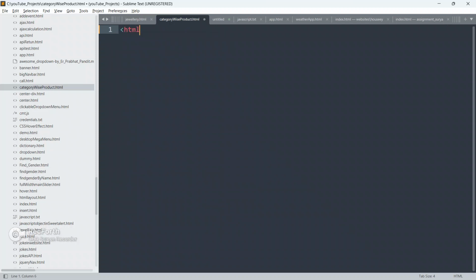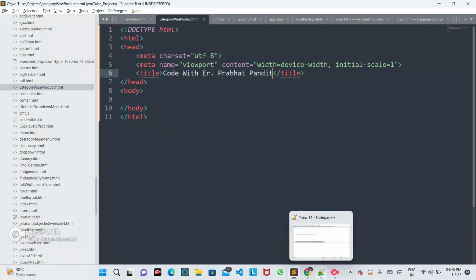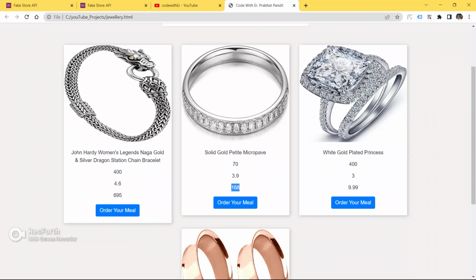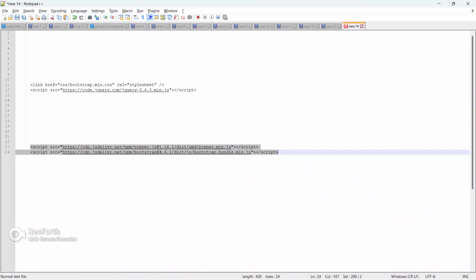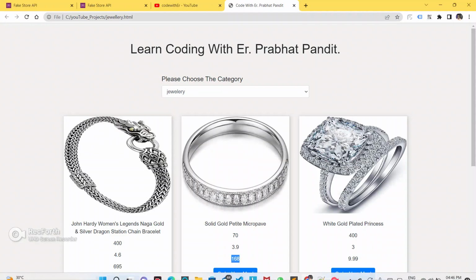HTML. So guys, in the example, as you can see, this is the Bootstrap card, so I have used Bootstrap here. Let me copy the CDN link for Bootstrap and jQuery.